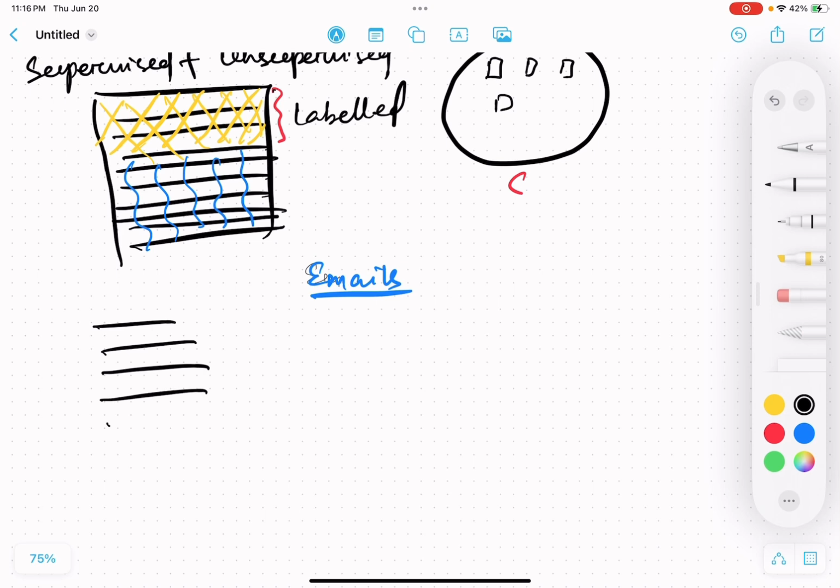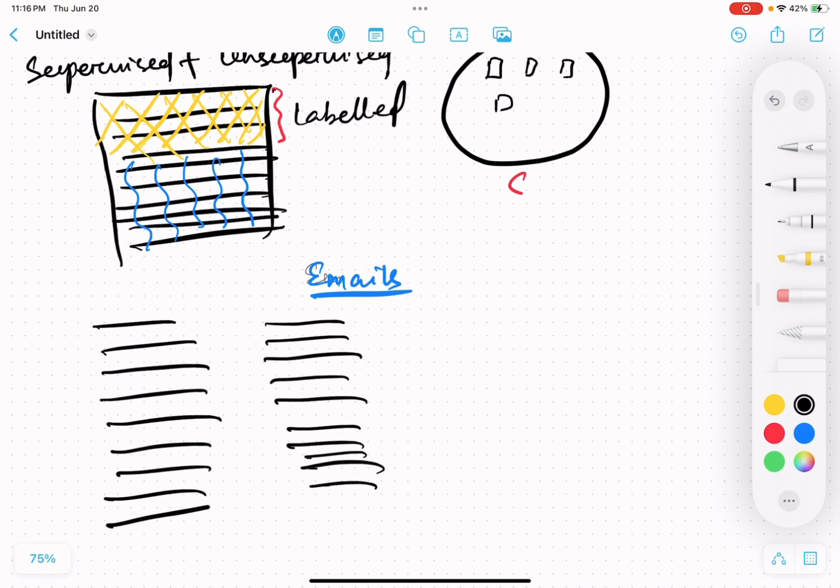You want to train a model that can successfully classify spam versus not spam. So what you will do, you will build a model that will take input from a sample of the emails